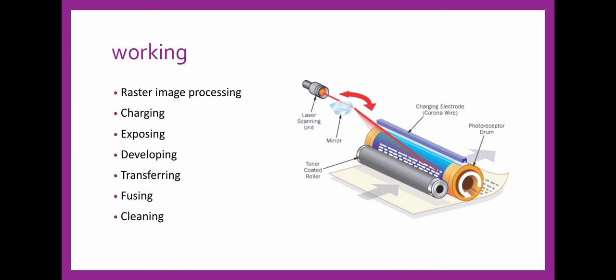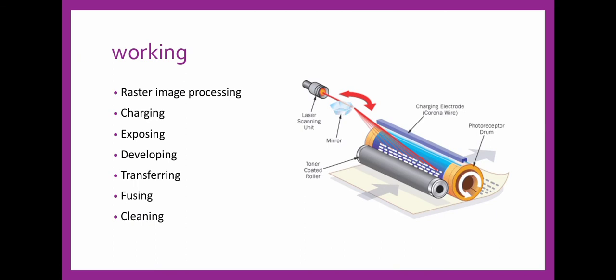Step 3 is exposing. In this step, while the drum rotates, it receives a positive charge throughout its entire surface. Some laser printers, particularly all-in-one color models, have 4 drums catering to each color. The colors are cyan, magenta, yellow and black. A laser is then activated and beamed to a chain of mirrors and reflected throughout the drum surface. The reflected laser beam creates an outline of your print through an opposite negative electrical charge.